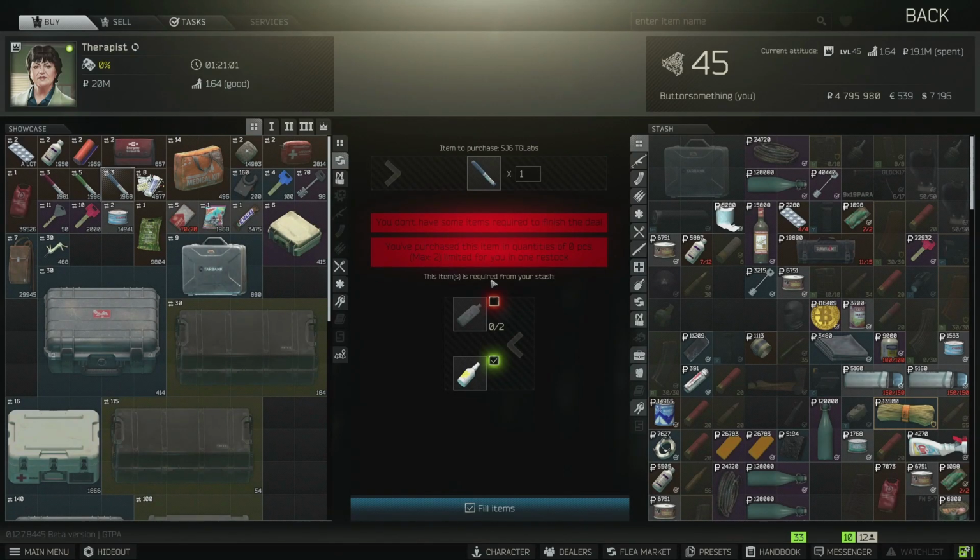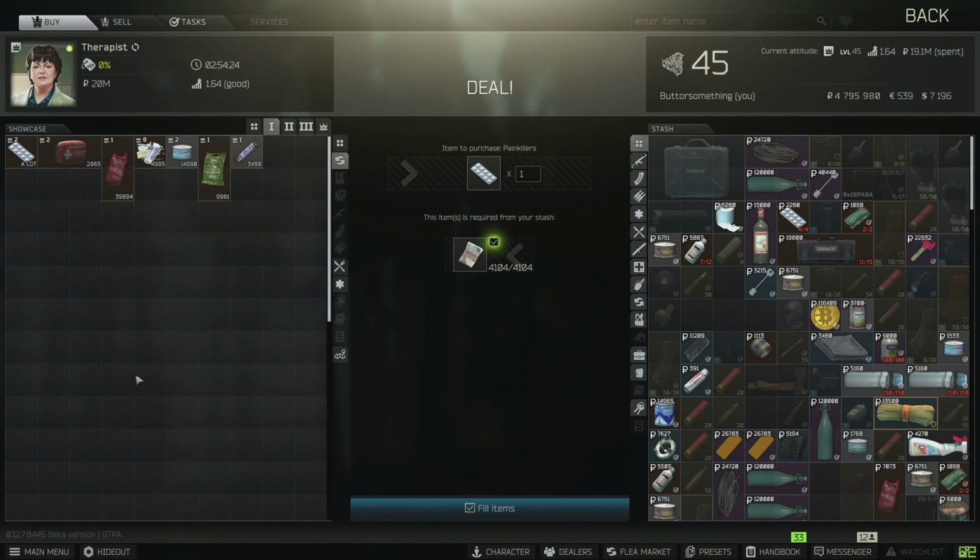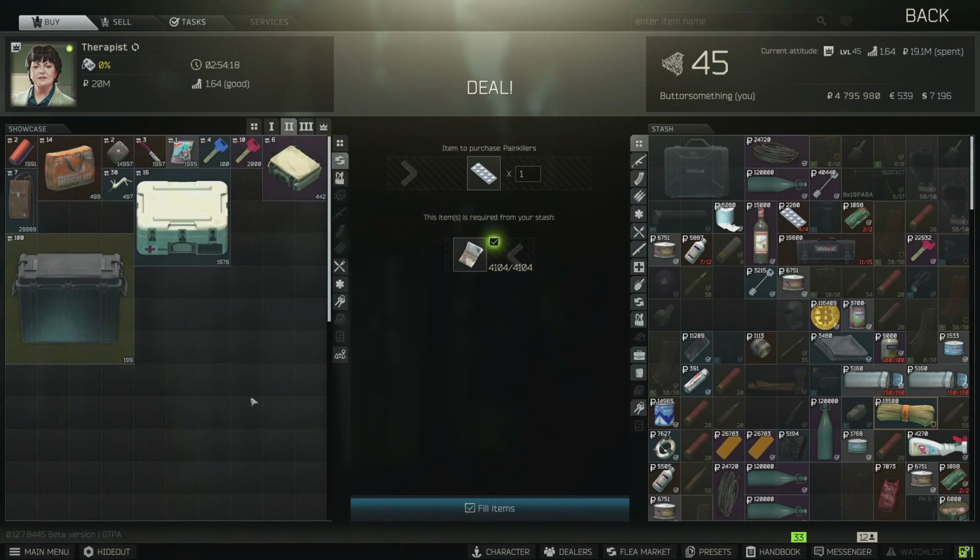In this video, we'll be discussing the Therapist, Ragman, and Jaeger barters for Escape from Tarkov in the 12.7 update. Moving on to Therapist, going to level 1 trades. Honestly, I don't think anything at level 1 Therapist is worth it at all, so I'm not going to waste your time. Level 2, the only things that I can really see being worth it at all are the key